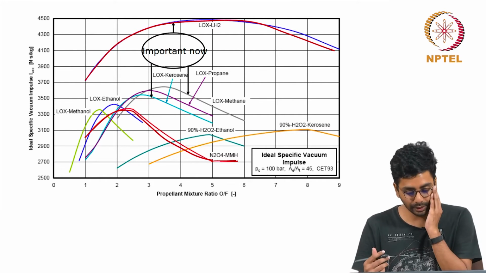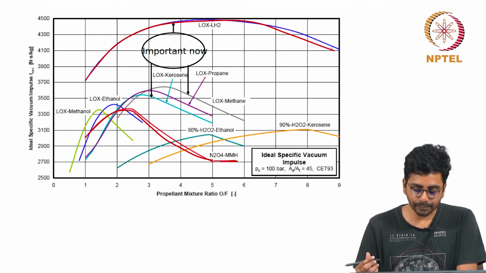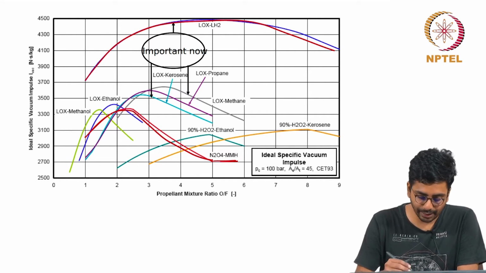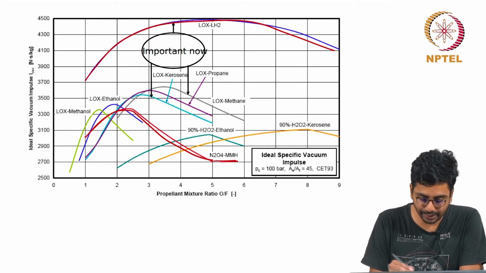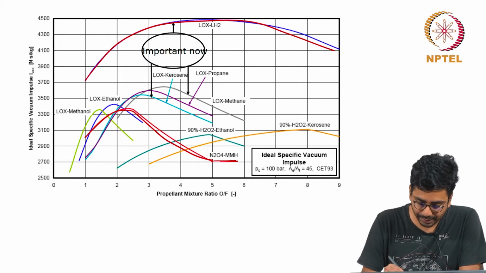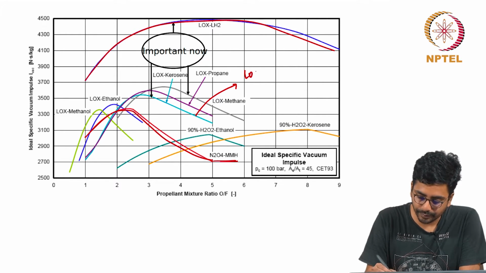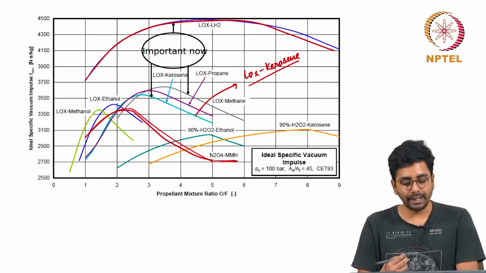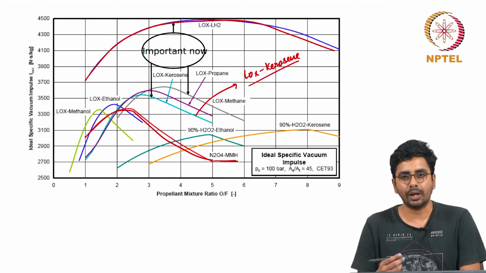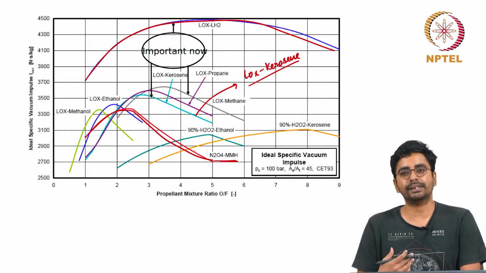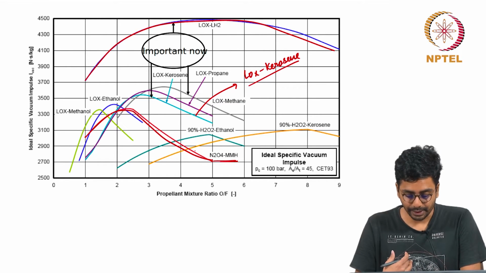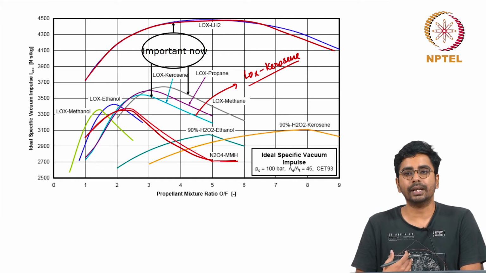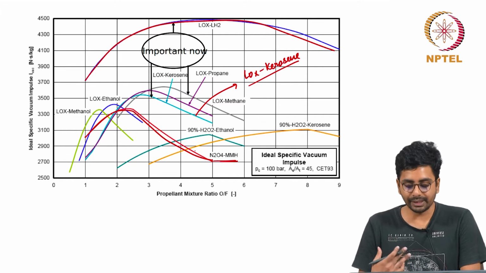What is becoming important recently is the LOX kerosene system, which is shown in cyan color here. This is the LOX kerosene. As you can see, this is a compromise between a full cryogenic system, which is a complex system, and an earth storable system. It gives higher specific impulse than an earth storable system and is being contemplated as a first stage rocket,